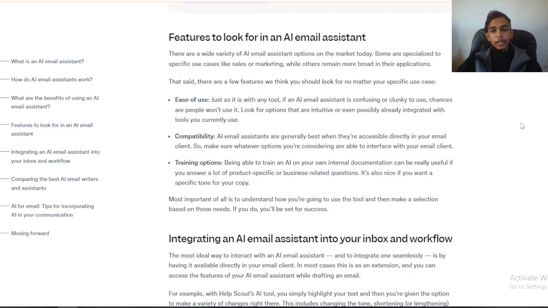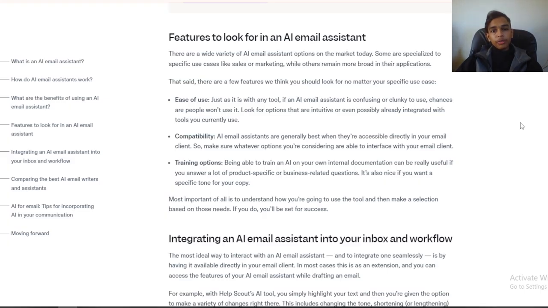Features to look for in AI email assistants. There is a wide variety of AI email assistant options on the market today. Some are specialized to specific use cases like sales or marketing, while others remain more broad in application.